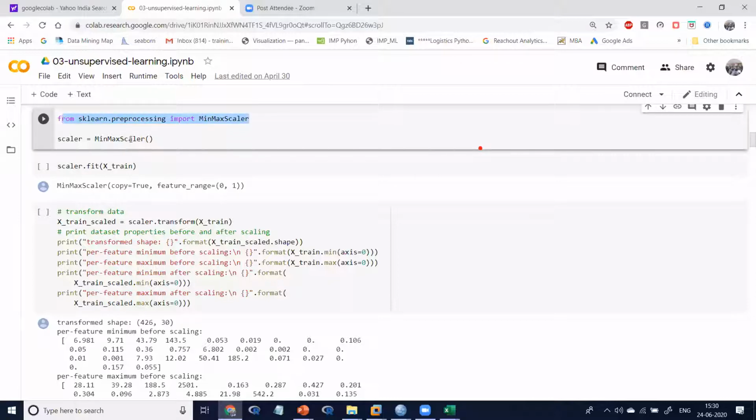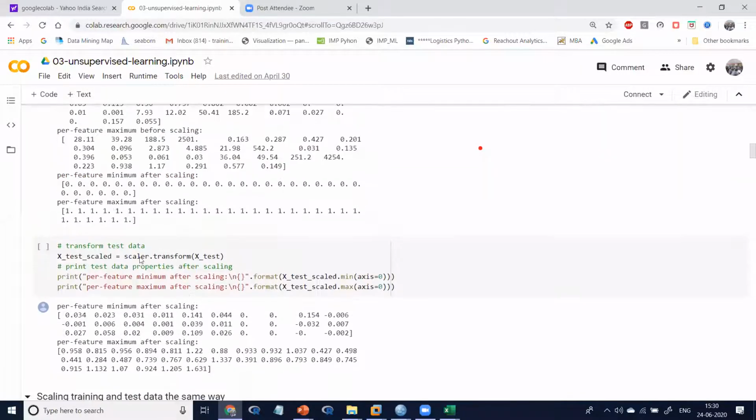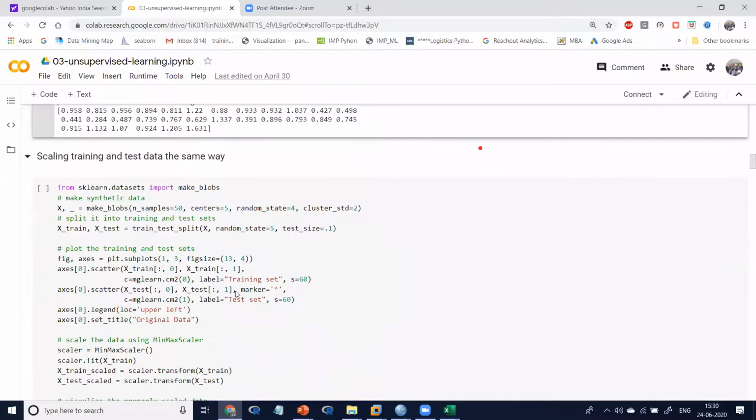Min-max library, install it, take the data. This is the original data, and it is converted into scaled data. It looks like this. This data is suitable to apply any ML or DL techniques.